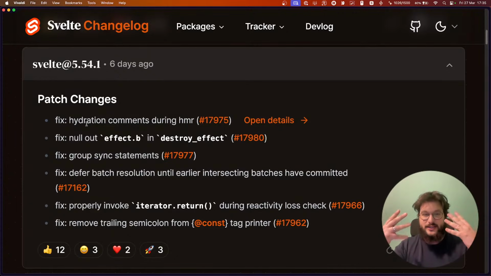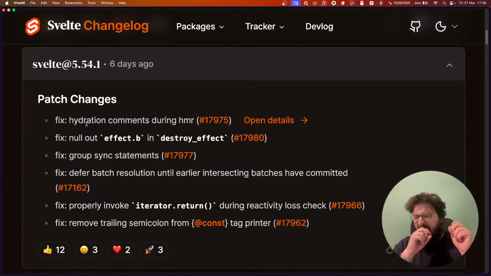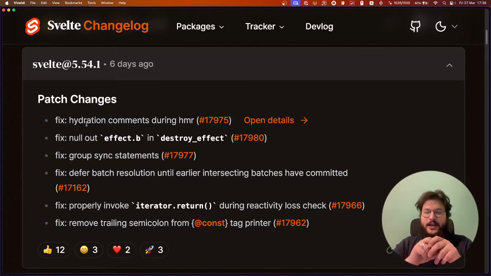So every component is a signal in itself, and whenever there is a new module update, we replace that component with the component from the new module, basically.